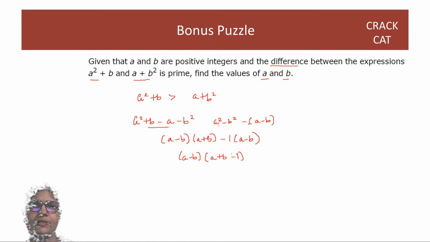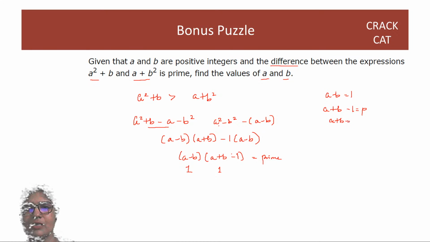Is this fine? Yeah, this is fine. Okay. So since this is a prime, it cannot have two factors. If it has two factors, one of them should be 1. So a minus b is equal to 1 and a plus b minus 1 is equal to the prime. So a plus b is equal to prime plus 1. So now when I add these two equations,